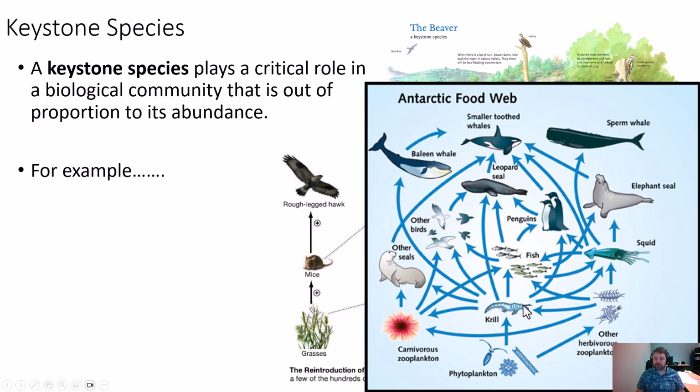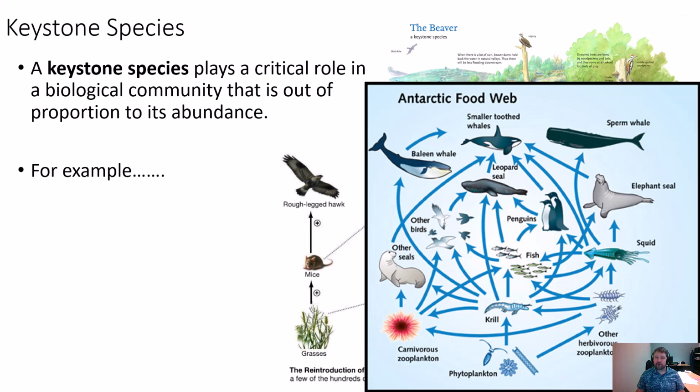This is an example of one of those keystone species that is so connected to an ecosystem that if predictions are right and krill are being negatively affected by rising ocean temperatures and global climate change is really affecting krill populations,